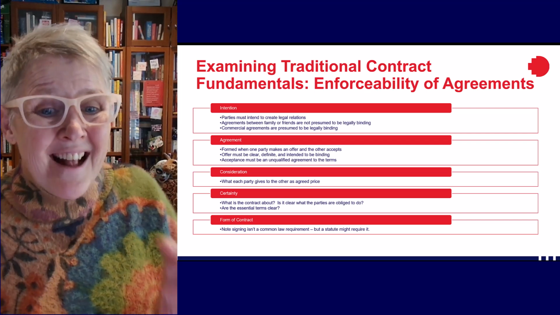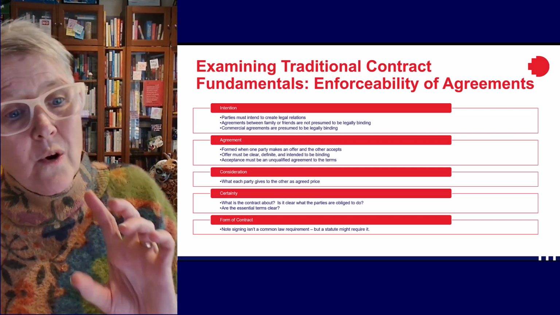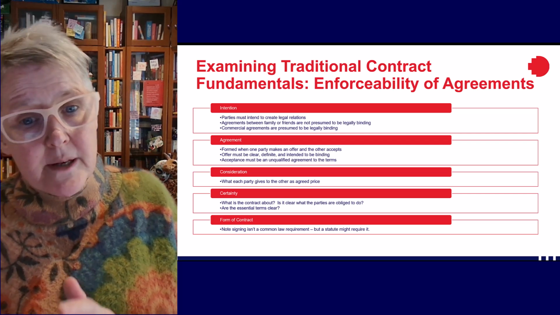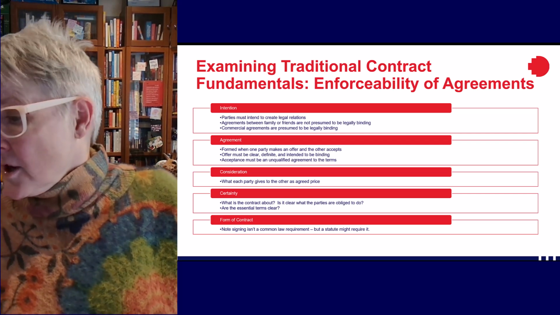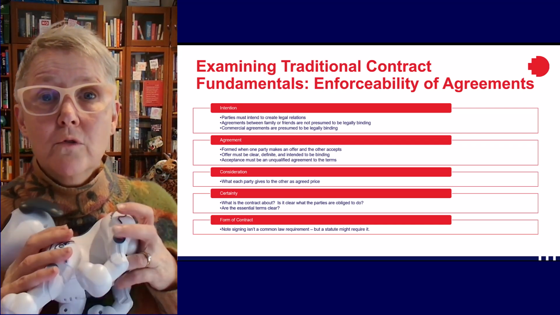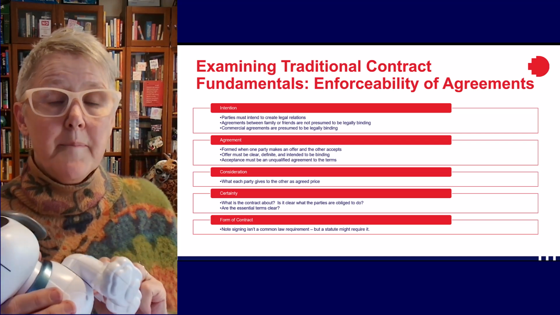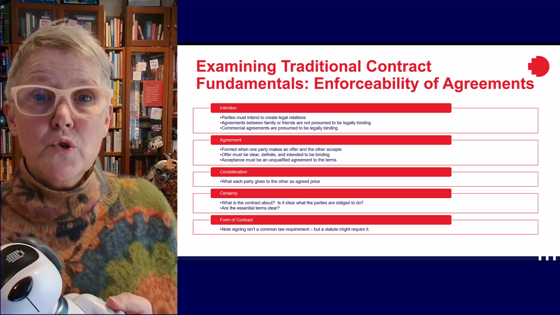This means that the essential terms of the contract need to be agreed upon, or at least capable of being determined in a way that the parties have agreed. So once again, go back to my robot dog example. If we have agreed that I'm going to sell the dog to you, in exchange for your promise to pay